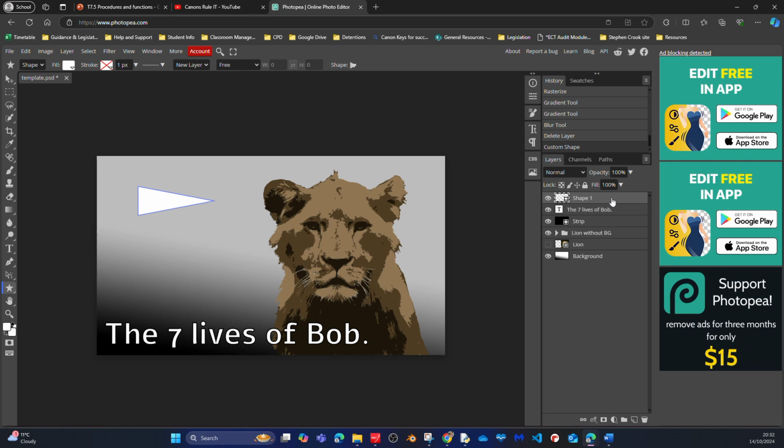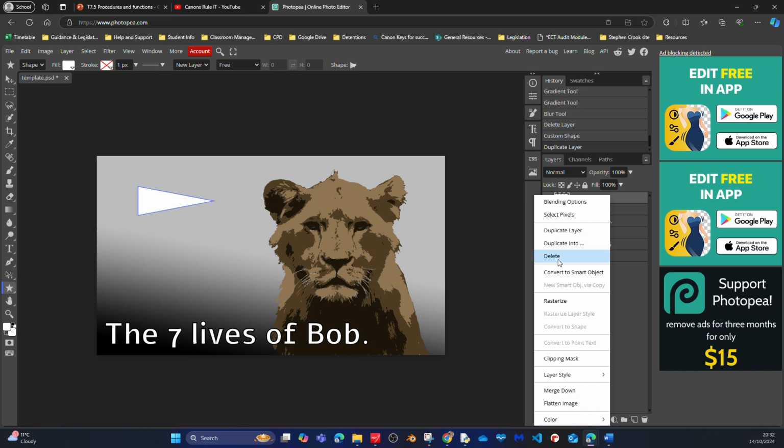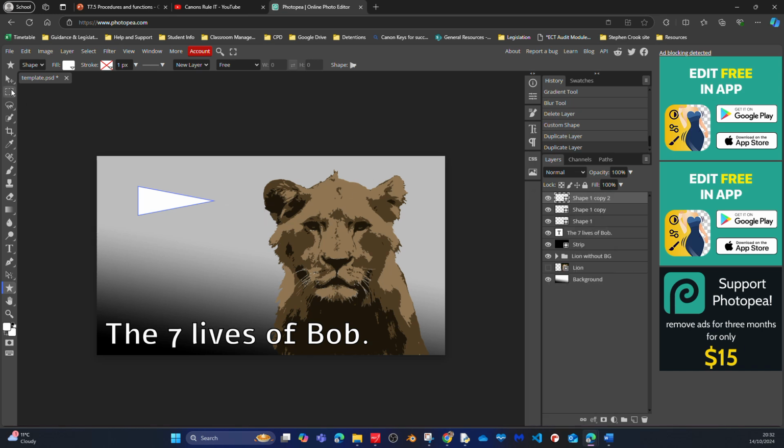I have my first shape. Let's see if I can duplicate the layer 3 times, okay? Duplicate the layer 3 times. As you know, I'm just improvising, okay? And hopefully it won't be long. So now I'm gonna put all my